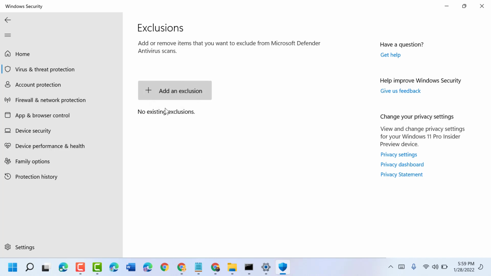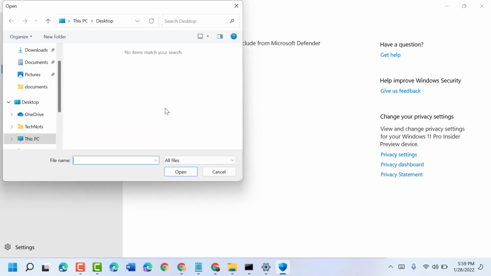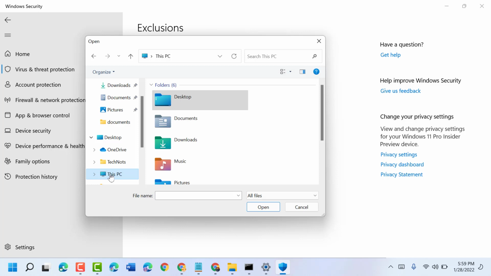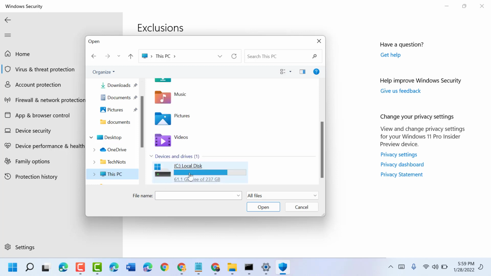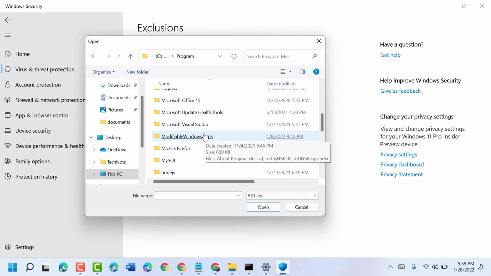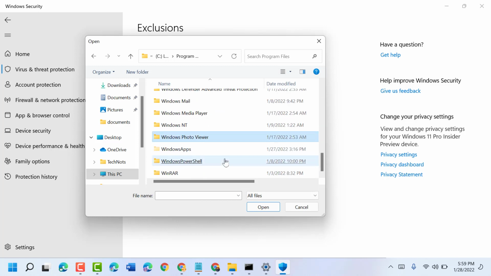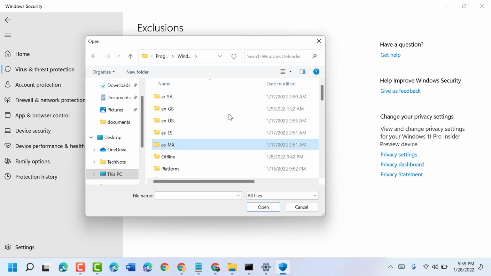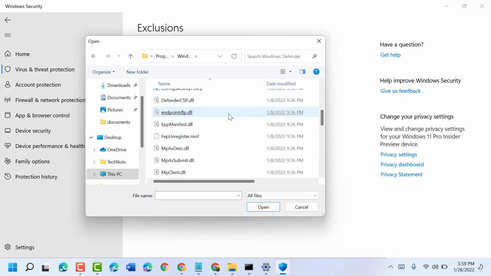Select File. Now here select This PC, then Local Disk, and here select Program Files. Now here guys, find Windows Defender. So select Windows Defender. Now in this list you have to find